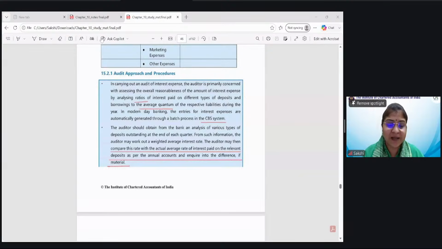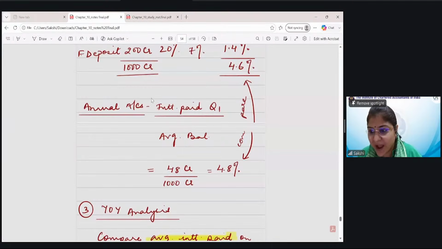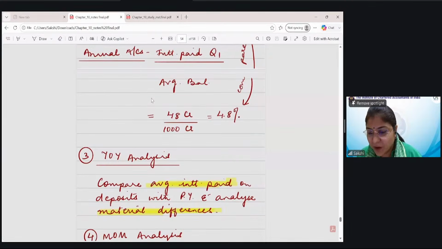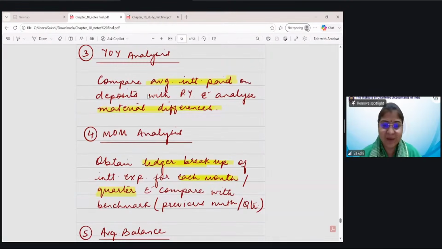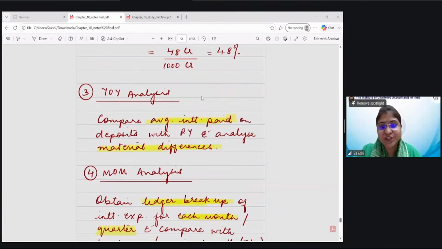Okay, all right. So are these two methods clear to all of you? Next is the YOY. What is YOY method? See what happens here. Yes, year on year. What happened is we compare the average interest paid on deposits with the previous year and analyze if any material